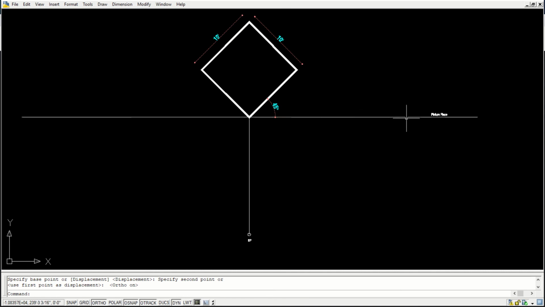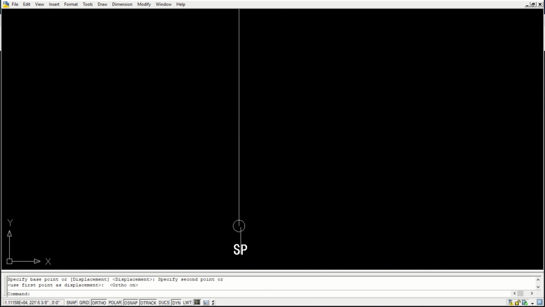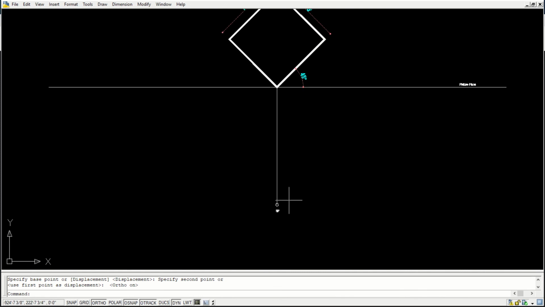Okay, so we have a picture plane, we have an object, and we have drawn the stationary point.